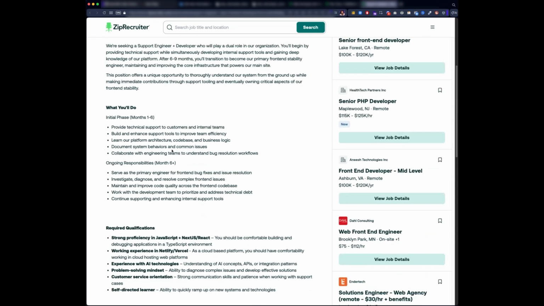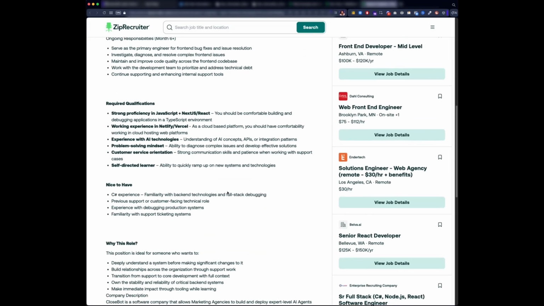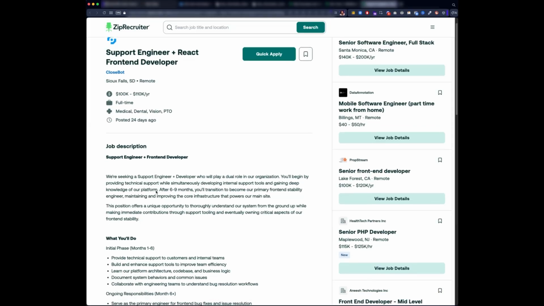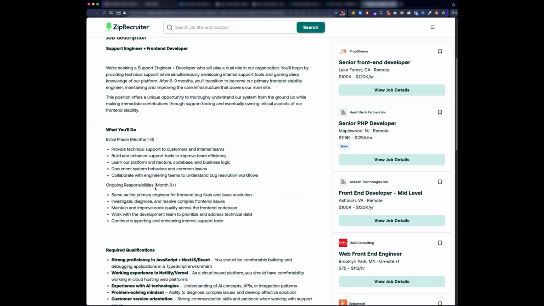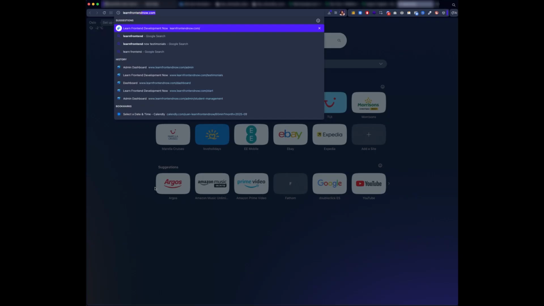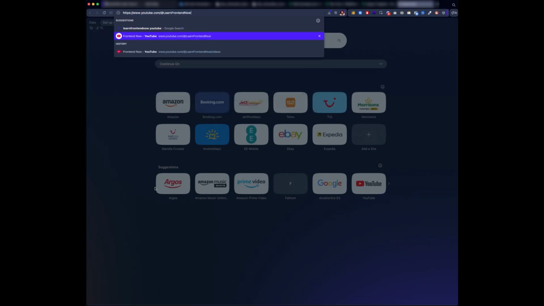Again, this is a very reasonable job in terms of planning out what you'll be doing. And it tells you exactly what you'll be doing. Yeah, but that aside, obviously this has not got a covering letter attached to it, so there's not much advice I can give you other than there's a video I did on YouTube which shows you how to read job specs. So what I would suggest is go to Learn Frontend Now YouTube